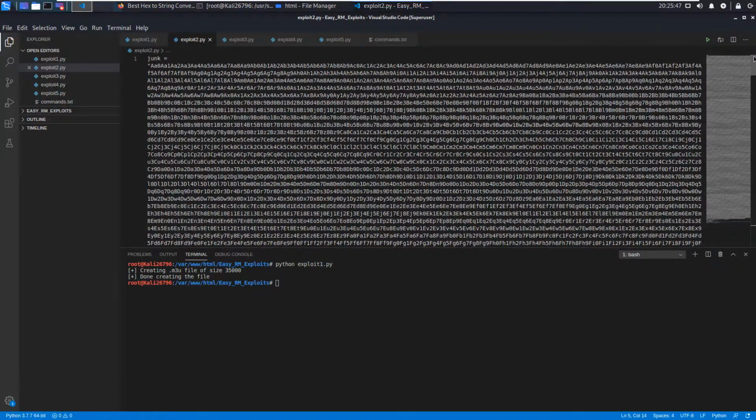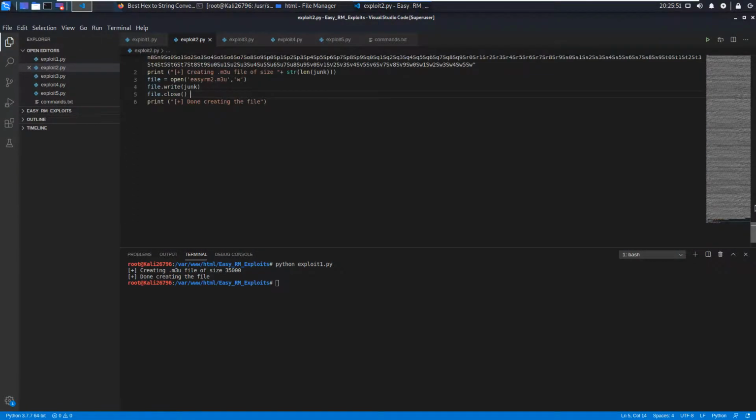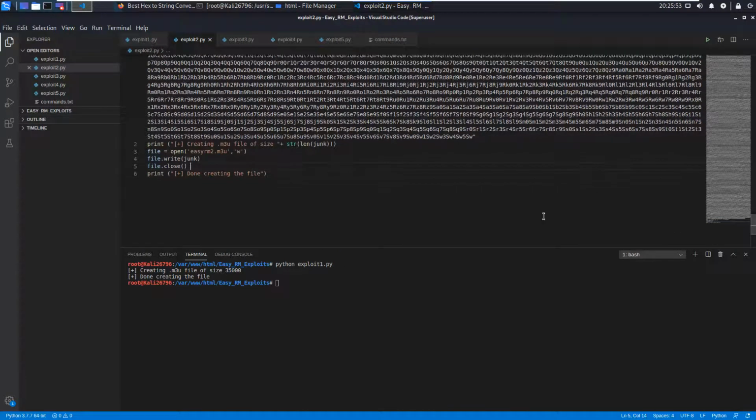So this is the junk data that I have, and then I put it in a second M3U file, and I compile it, exploit2.py. So it opens a file with the name easyrm2.m3u in write mode, and writes whatever is in the variable junk. I write it into the file and I close the file, and at the console I just print that I am done creating the file.